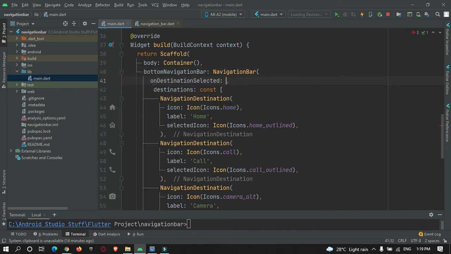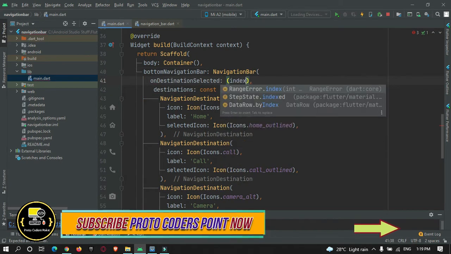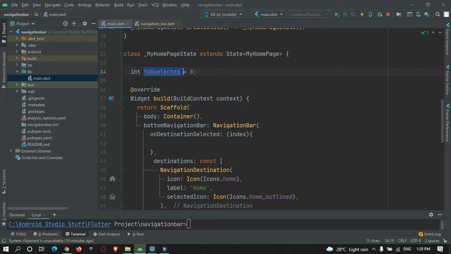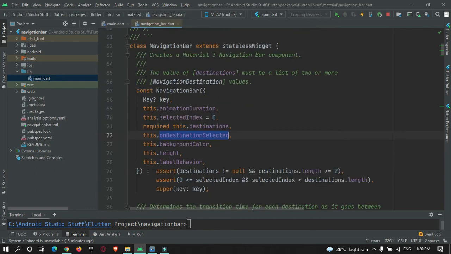On destination selected, index, and this is our index. So here we are making use of this, tab selected is equal to index, and then there is one more property, that is selected index.